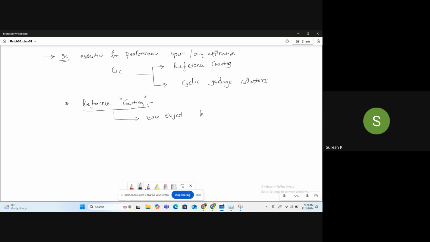Each object has an associated reference count that tracks how many references are pointing to the object.